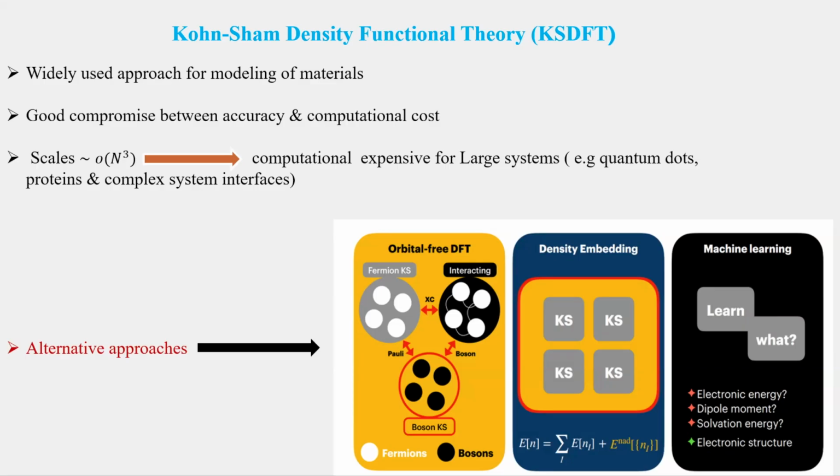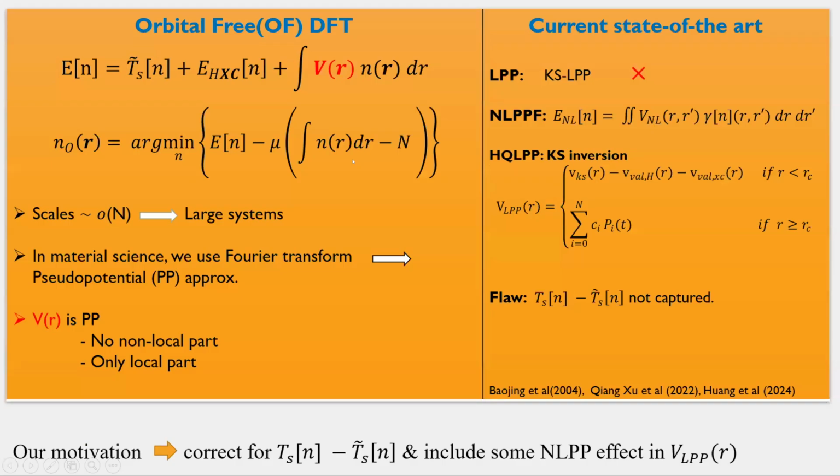In the embedding approach, the system is fragmented into smaller sizes, Kohn-Sham calculations are performed on them, and this is put together with the equation below. And machine learning is another approach which can be used to learn different properties of the system, including electronic structure properties. So our interest is the orbital free DFT,